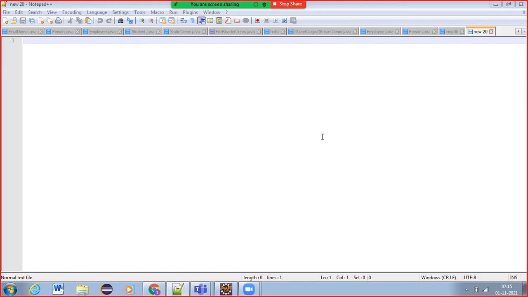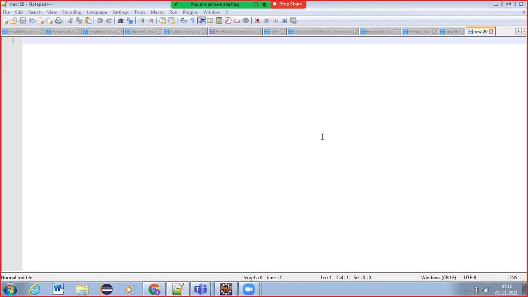Now, the next keyword that we need to understand is the abstract keyword. Let us understand what the abstract keyword is and how we use it in our Java programs. These points we will try to understand today.